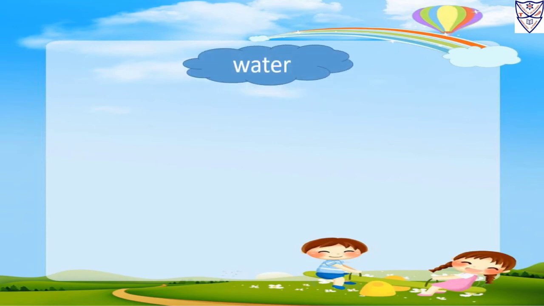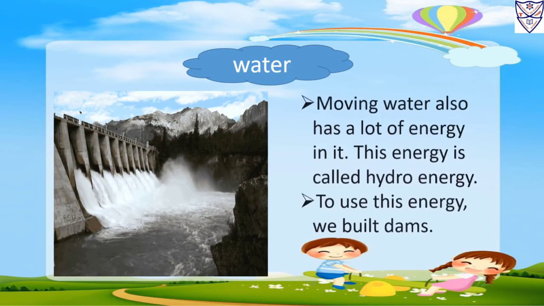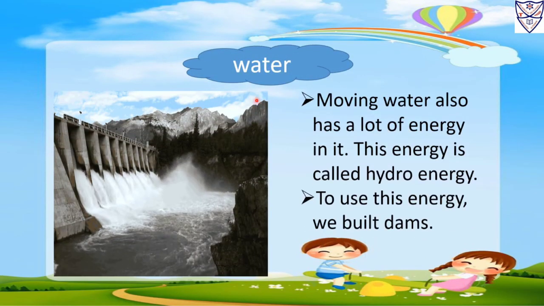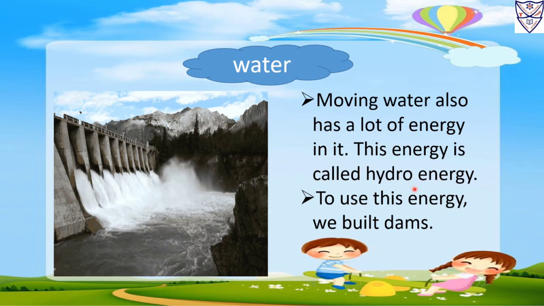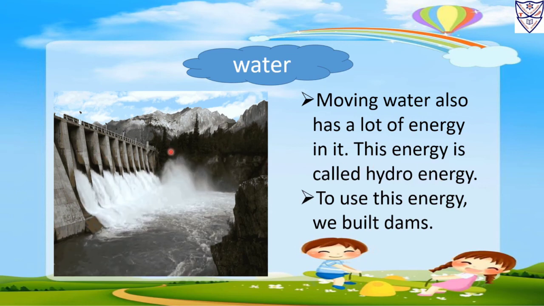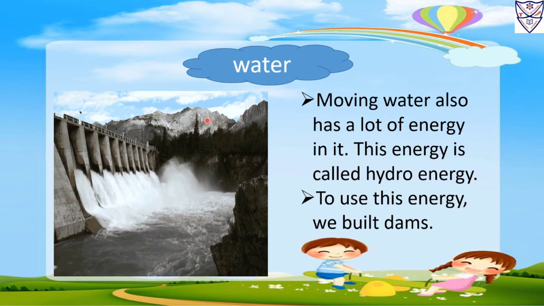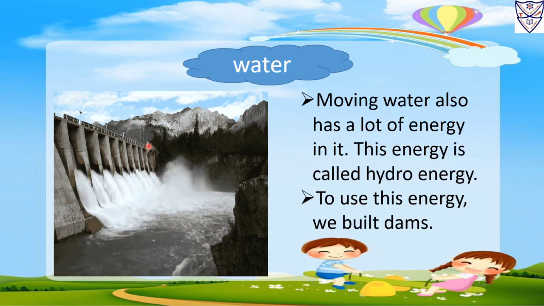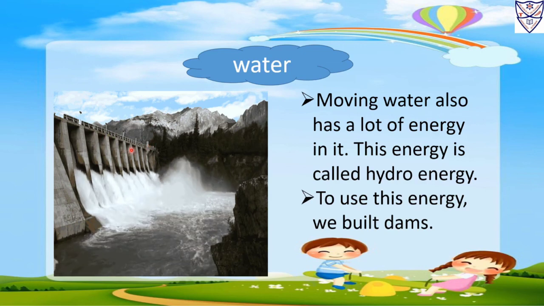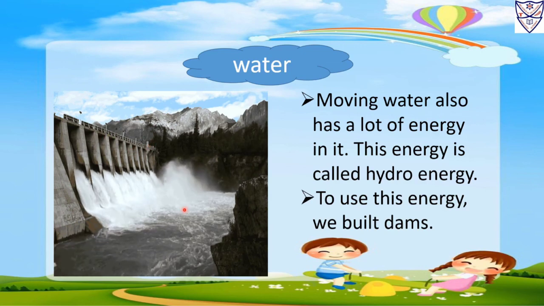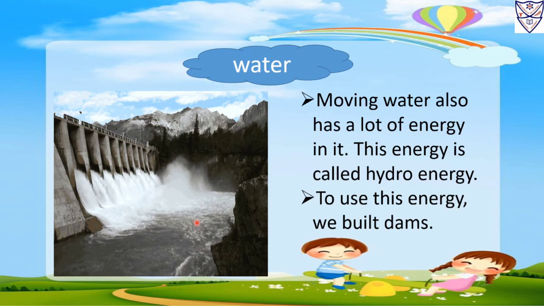Water. Moving water also has a lot of energy in it. This energy is called hydro energy. To use this energy, we build dams. These dams allow the water to fall with force from a height on the turbines, and then the turbines move and help to